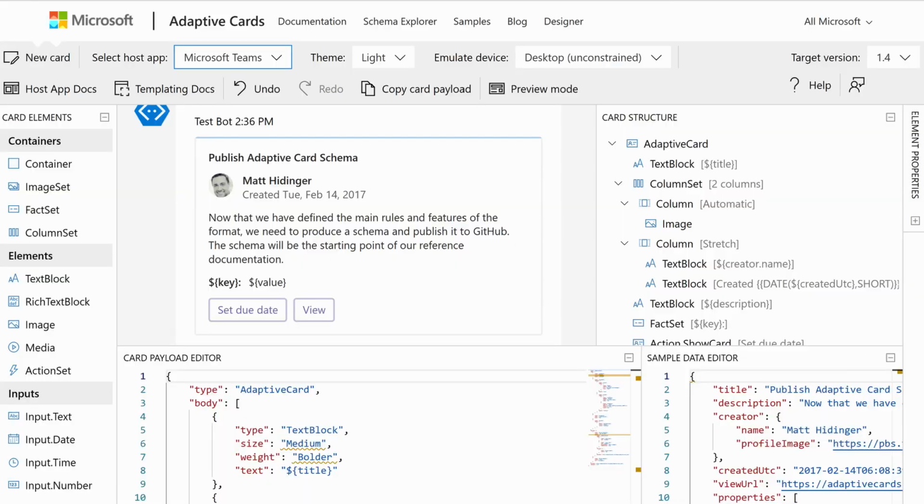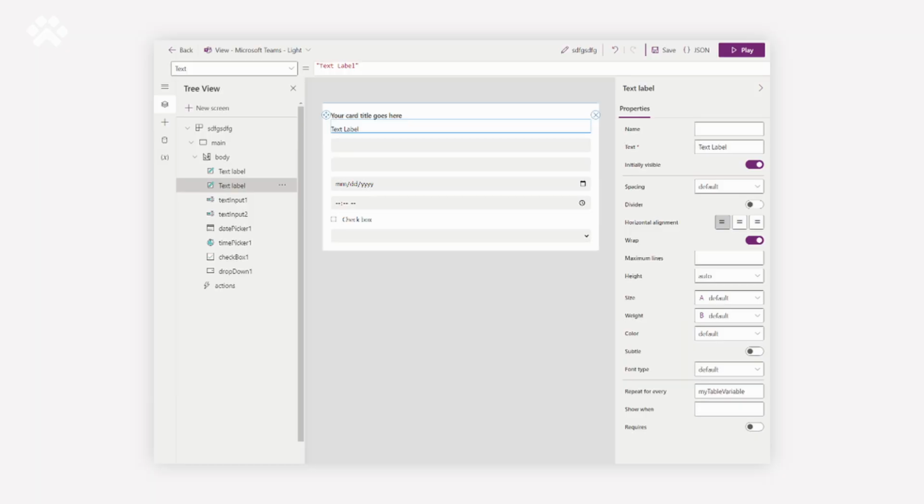So adaptive cards have been around for a little while. Why are we talking about them when we're talking about Power Apps? Well, although we love that adaptive cards are really simple and they usually just have one or two buttons, sometimes the code you have to put behind them to make them do interesting things can be really PhD level code. And so we said, hey, in Power Apps, we have a bunch of ways, either through Power Fx, writing code, through connectors, using sort of UI to build logic, and then even calling Power Automate flows. We have all these great ways to build logic. So we said, if we take the Power Apps ways of building logic with incredible simplicity and versatility and reach of the adaptive cards format, we'd really give citizen developers a new opportunity for scale.